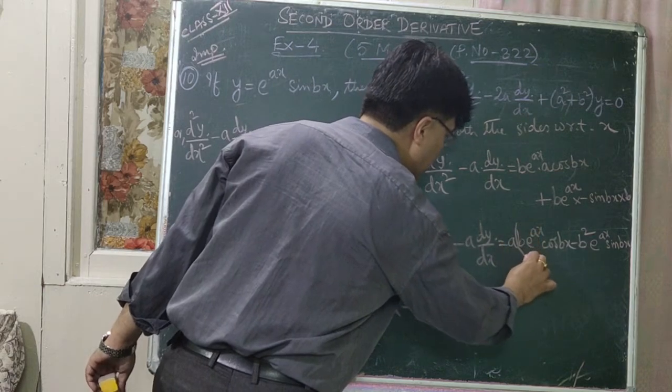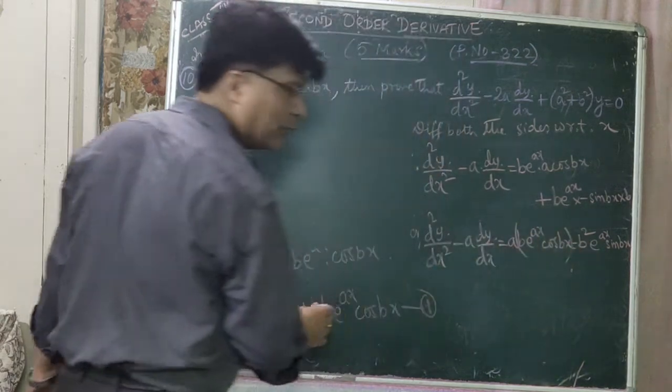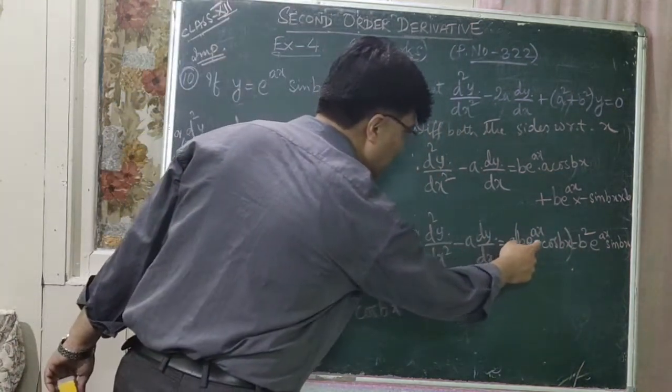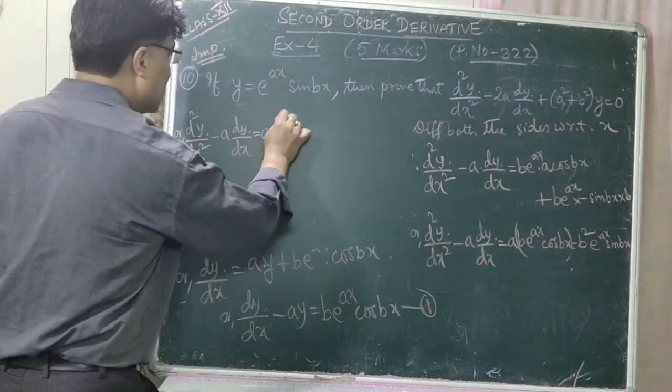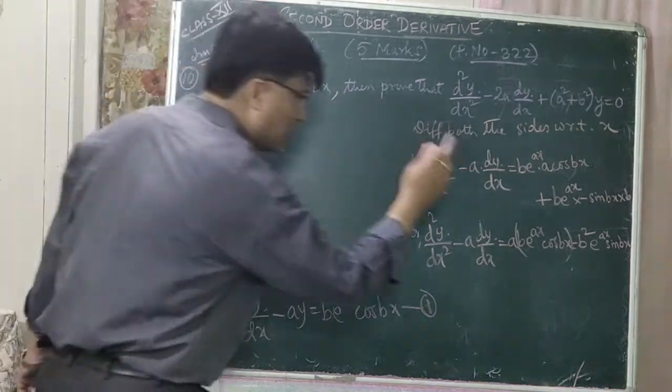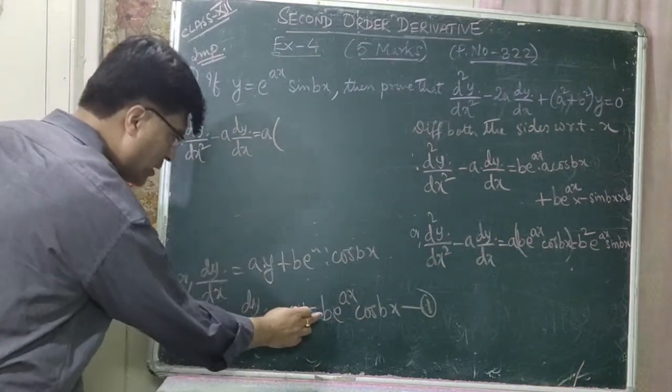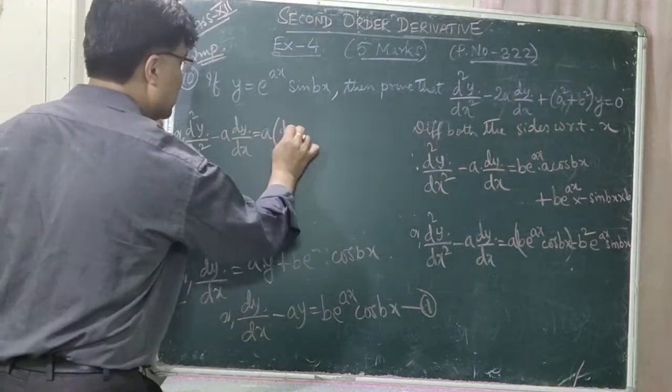Let us write it within bracket, because we can put the value for b e to the power ax cos bx from 1. So a is kept as it is, so within bracket let us put the value of this expression from 1. What is it? This is dy by dx